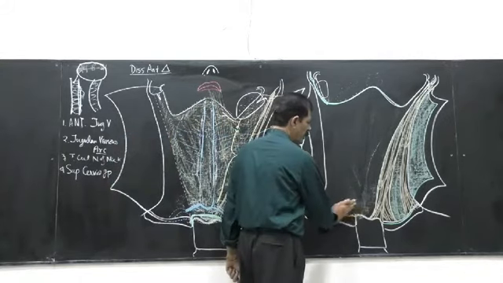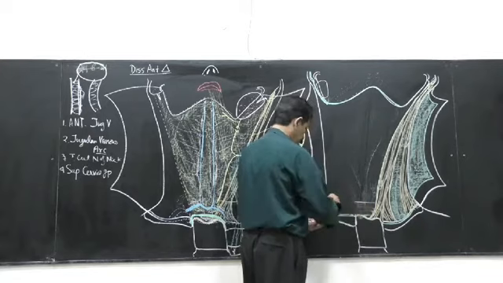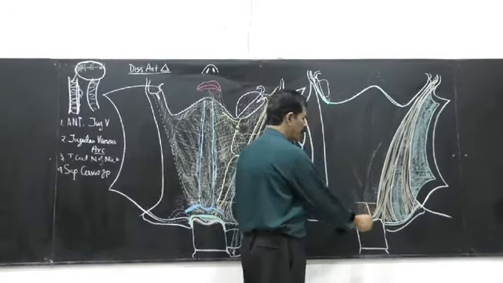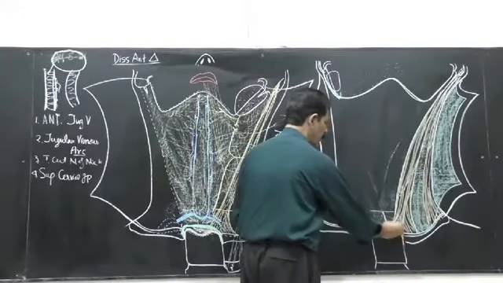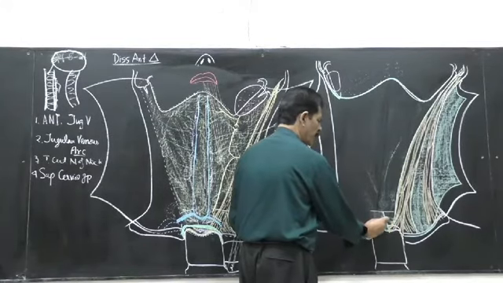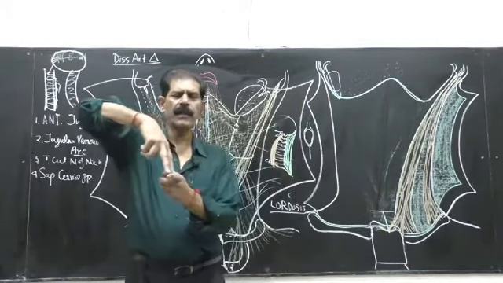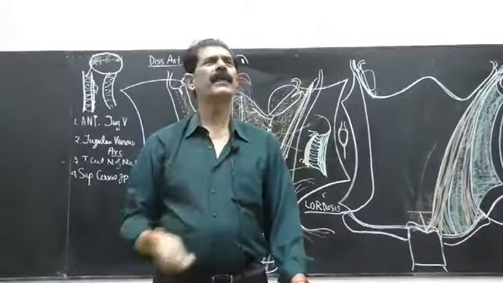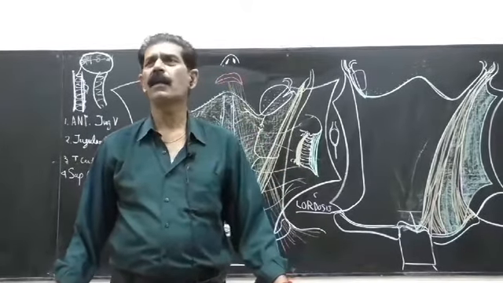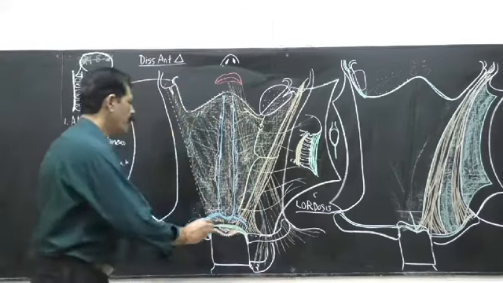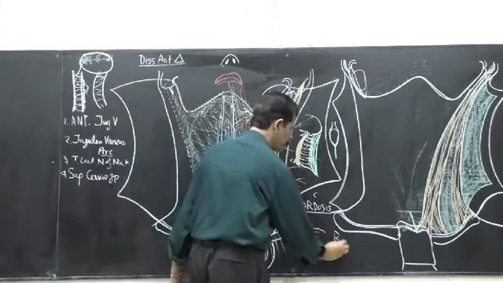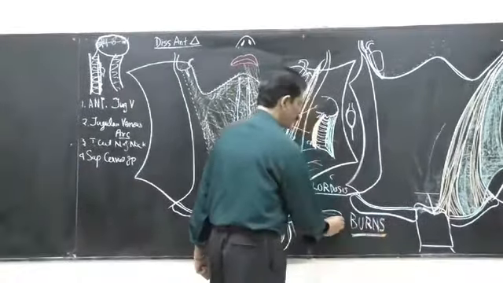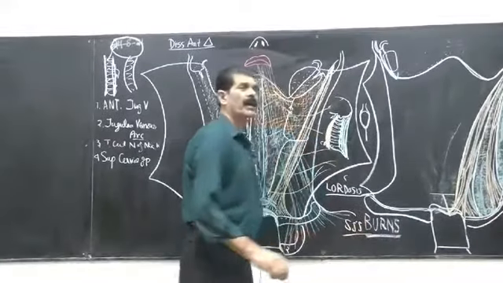When it comes just 1 inch above the sternal notch, this deep cervical fascia splits into 2 layers, anterior and posterior. The anterior layer is attached to the anterior border of the sternal notch, and the posterior lamina is attached to the posterior border, so a space is created just 1 inch above here, and this space is popularly known as the suprasternal space of Burns. Burns is the name of a scientist who discovered it. Suprasternal space of Burns.